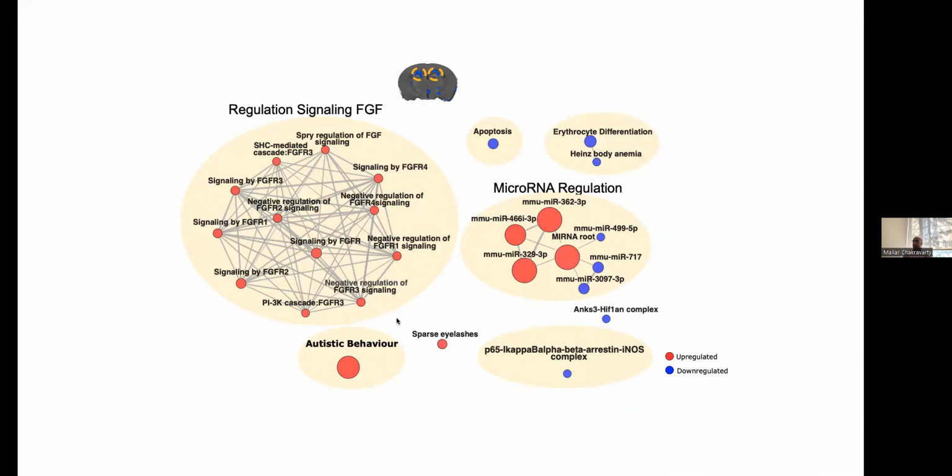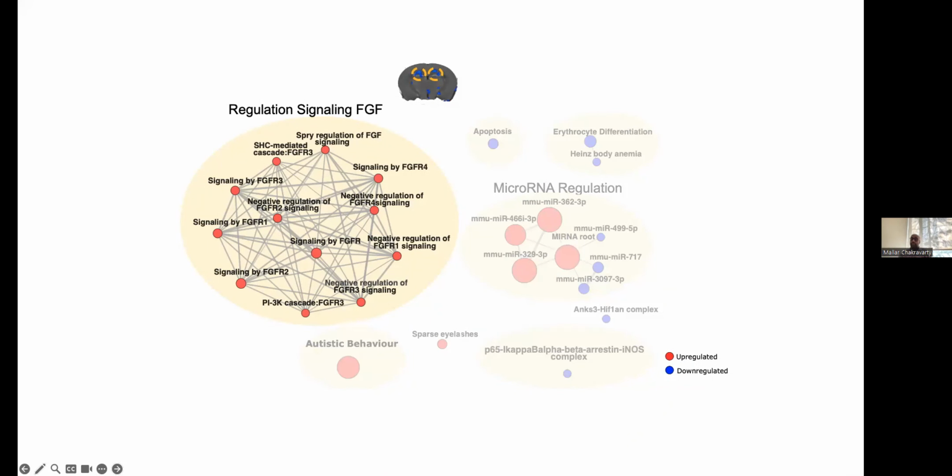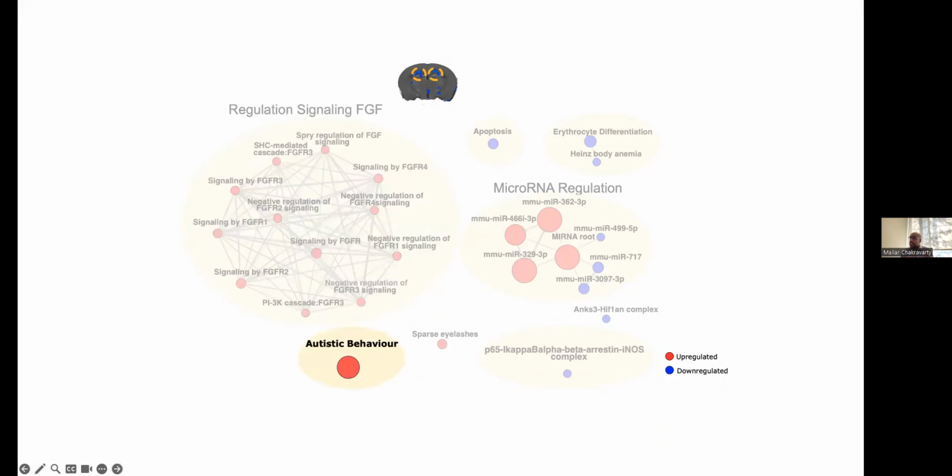So here again, upregulated pathways in red, downregulated pathways in blue. And first of all, in the dorsal hippocampus, you see significant enrichment for FGF signaling, which is classically involved in tissue repair, but is a critical signaling pathway in embryonic brain development. And signals for the patterning of the spinal cord, supports normal gyrification, synaptogenesis in the hippocampus, amongst other really important functions in brain development. We also see an enrichment for autistic behavior, very much in keeping with our initial hypotheses, and microRNA regulation, which are small non-coding pieces of RNA whose dysregulation has been associated with a number of brain disorders, including psychosis and depression.